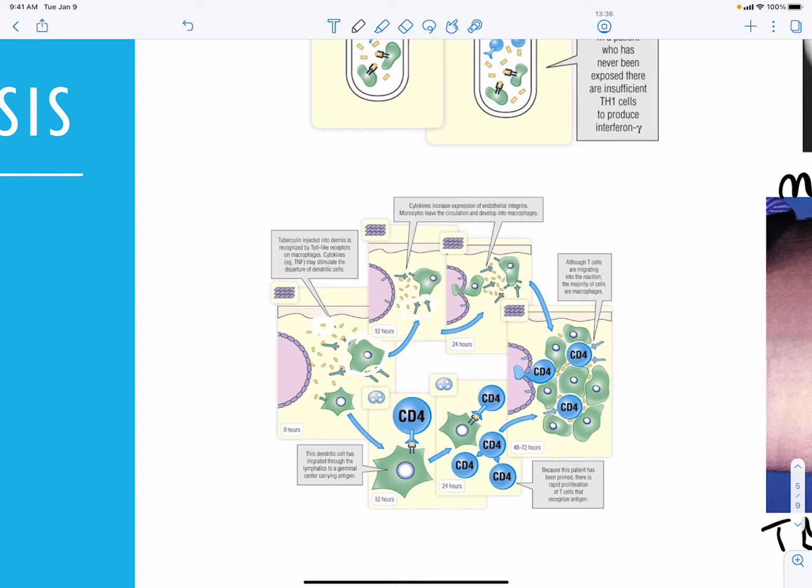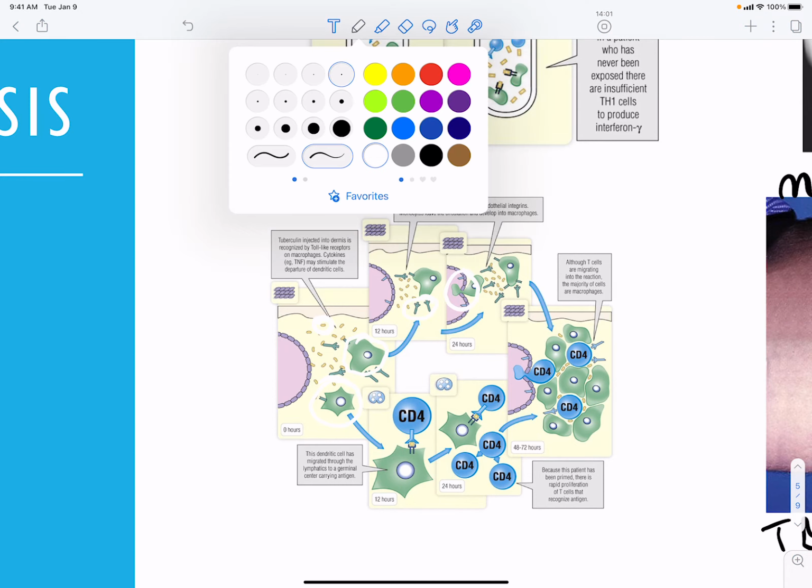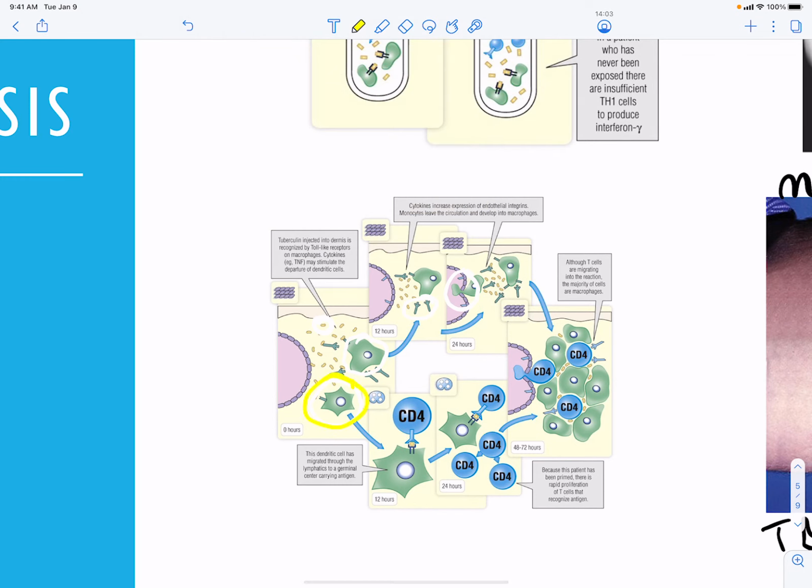Your cytokines are going to do what we know cytokines do. They're going to activate your endothelial cells, which become inflamed and sticky, and then your neutrophils, other white blood cells, and macrophages are going to come along, and they're going to diapedese and go to the skin. At the same time, you have your tissue-resident dendritic cell, and your tissue-resident dendritic cell will pick up the tuberculin proteins, will bring it to the draining lymph node and present it